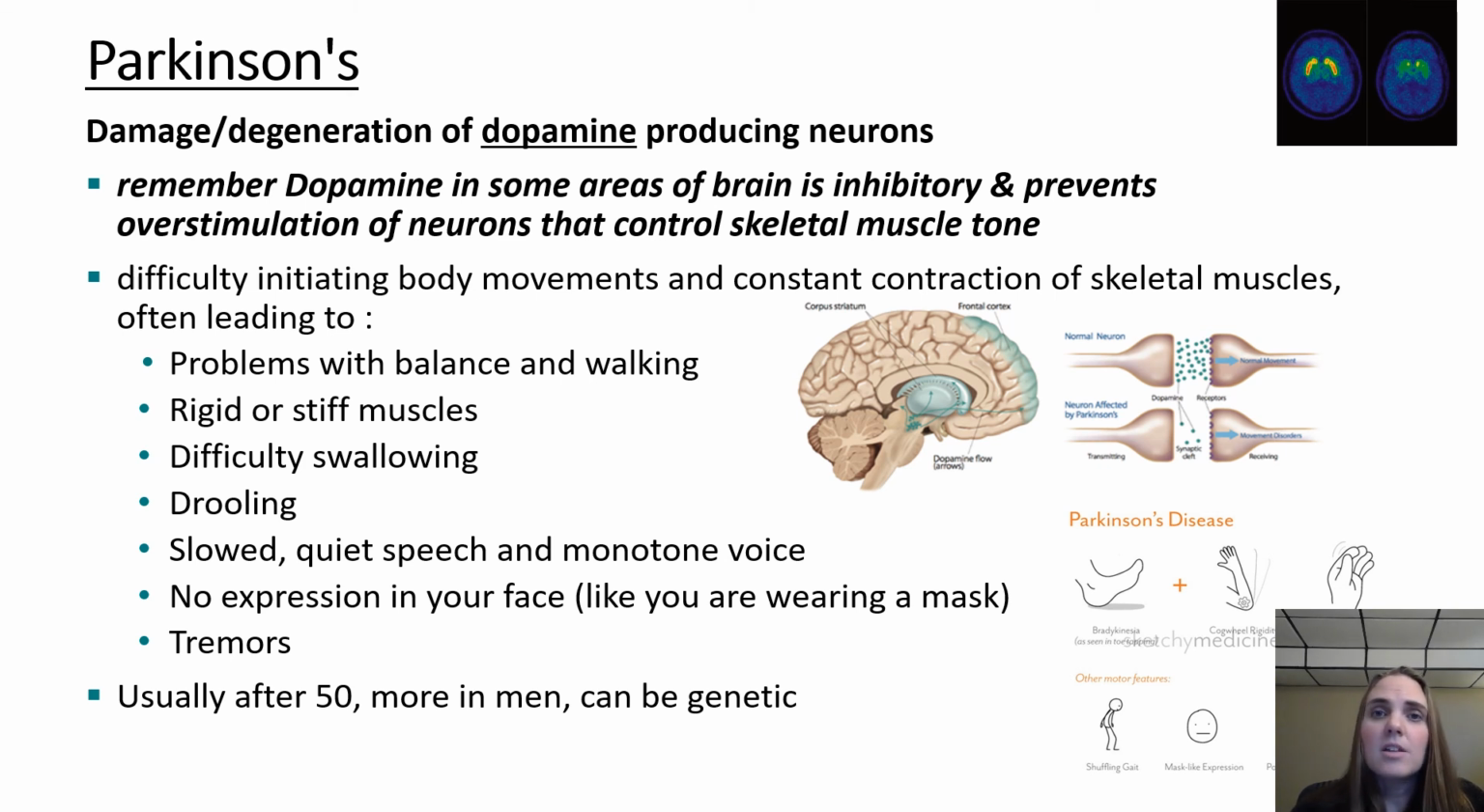So if there is damage and we're not getting that normal release of dopamine in that area, then we get overstimulation of skeletal muscle. And that's what gives us the rigidity or stiffness of the muscle seen in patients with Parkinson's disease. And that can be why it can be very difficult. They have tremors, and it can be very difficult for them to do fine-tuned movements such as holding a spoon